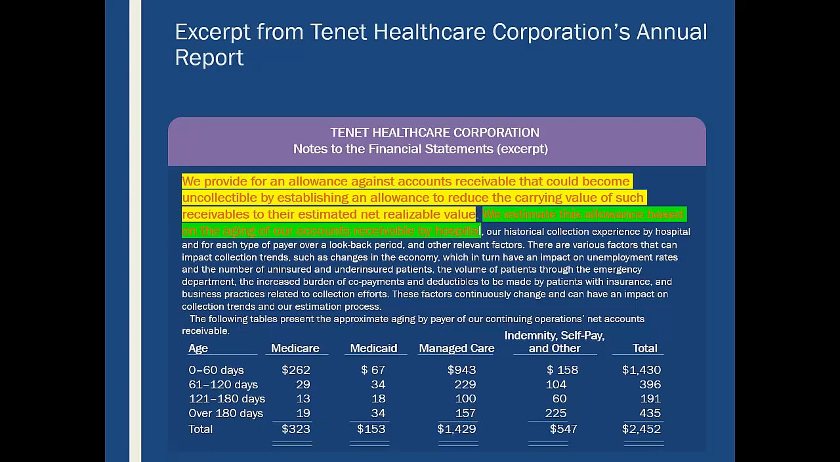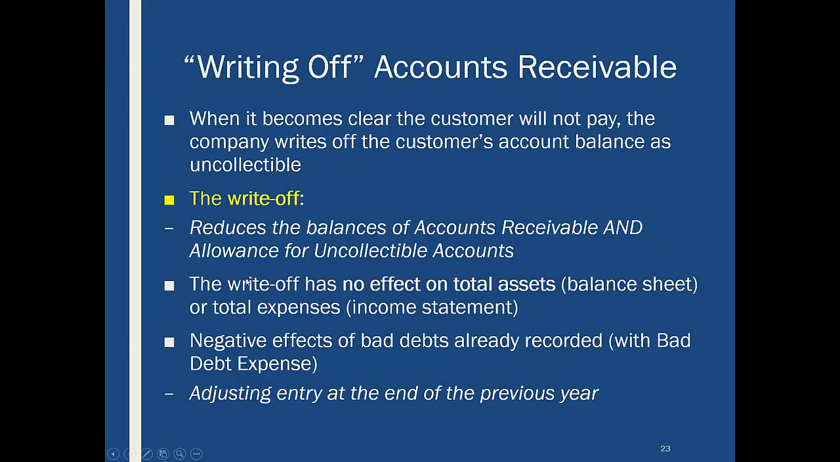That's called aging, and you can see that their aging is 0 to 60, 61 to 120, and they have over 180 days, and they say, you know, these people that are over 180 days, we don't think they're going to be probably collected. Okay, but I want to let you know that yes, the real world actually does this. Okay, so when it becomes clear,